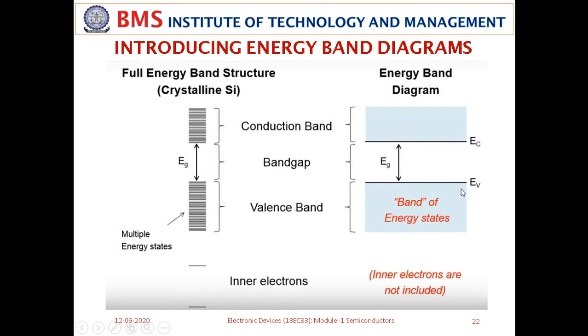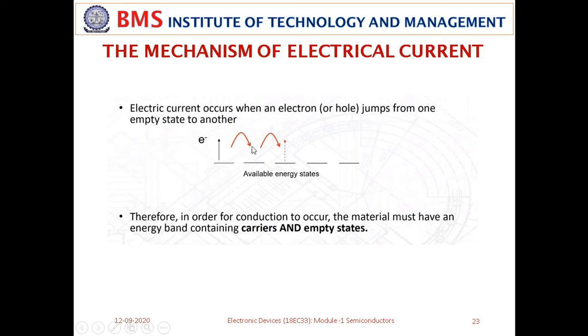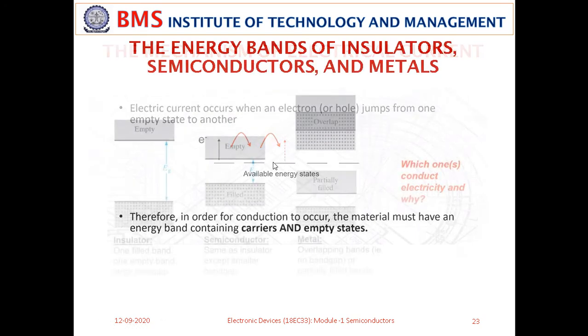So when electrons keep creating positions, they move into the conduction band, and here also they keep hopping, because there are plenty of empty states in the conduction band, and between the states they keep jumping. By this, electrons are moving, which creates an electrical current here. So the conclusion is, in the energy band there must be carriers and there must be empty states. You can see here in the conduction band there are carriers and there are also empty states. So this causes an electrical current. Otherwise you don't get any current in the crystal lattice.